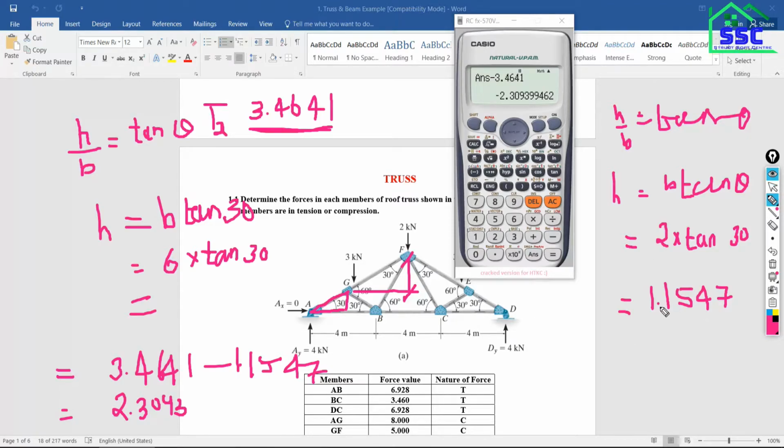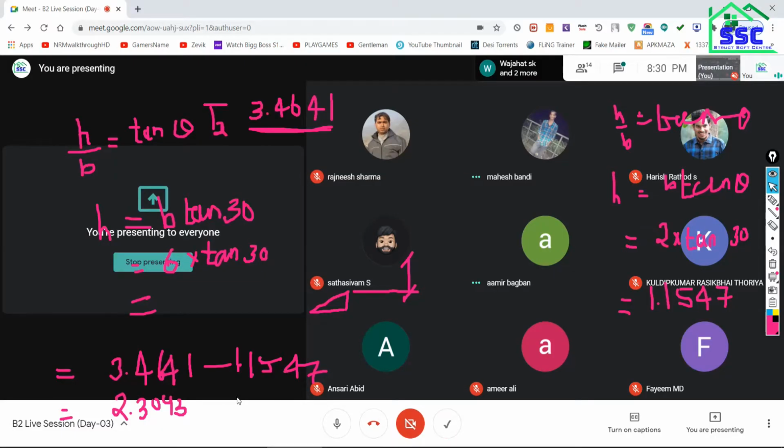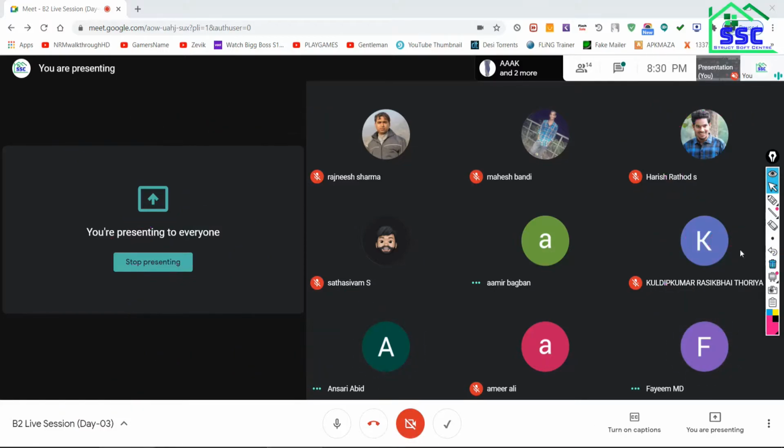So the first level is at 1.1547, and from the first level the second level is at a height of 2.3093. Is that clear? Can you remind me of these two values after some time? Okay, good. So I am erasing these now.